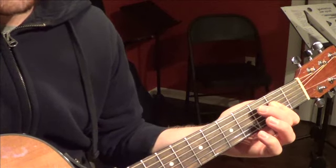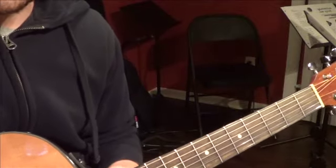So that's the one way to do it. That's the best way to do it with open chords. Now